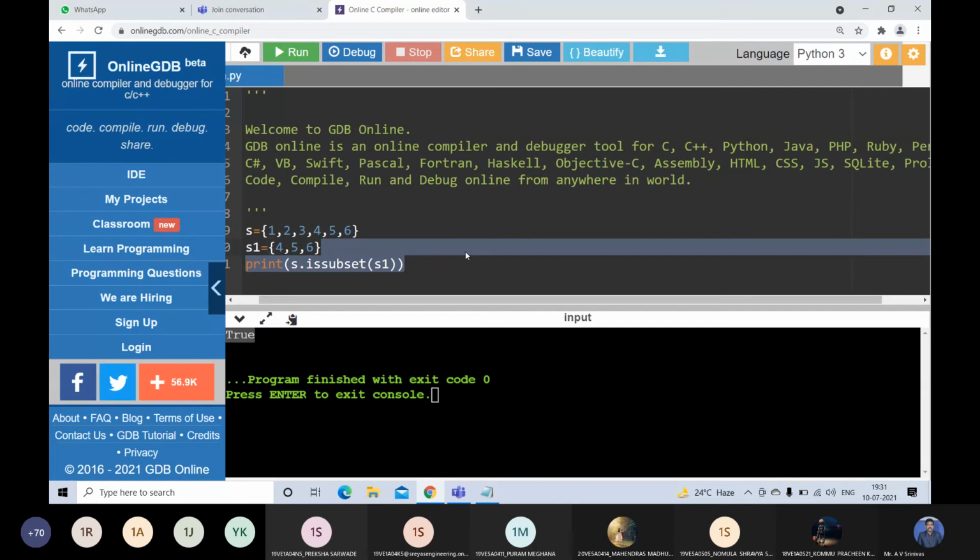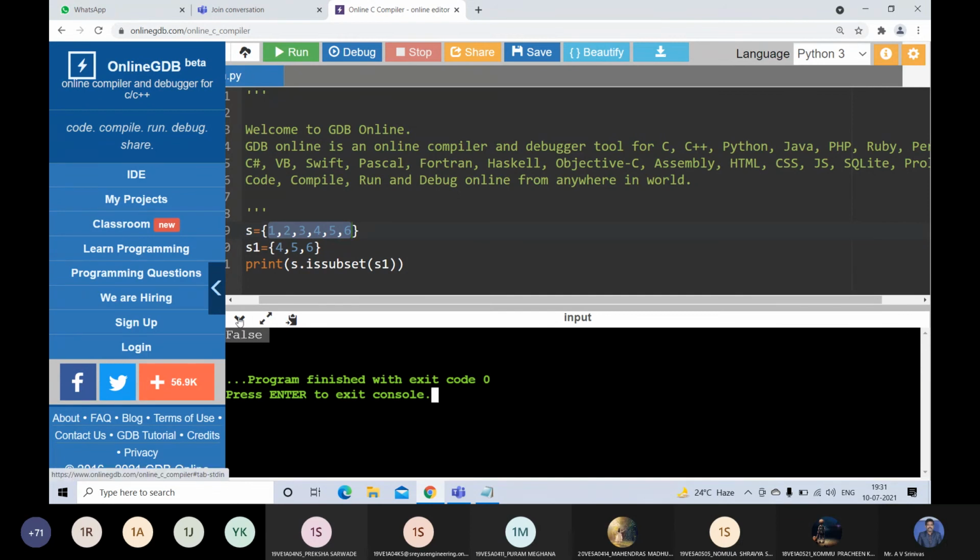False, because all the elements of S are not present in S1. 1, 2, 3 are there in S, but 1, 2, 3 is not present in S1. So we'll get false here.